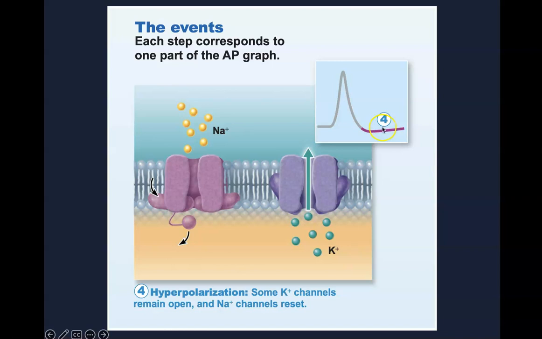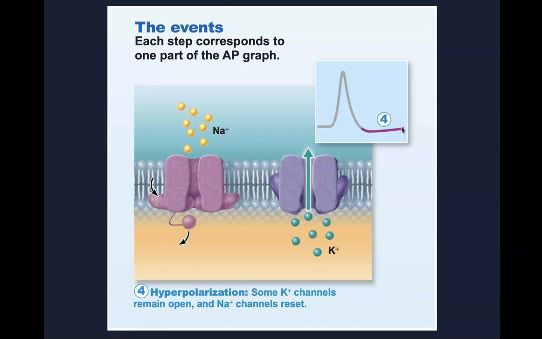Then we have this fourth event, okay? What happens in this fourth event is that actually a little bit too much potassium leaves. And this is actually a good thing because it's going to cause a slight refractory period where it'll take a hyperstimulus to stimulate another action potential here. That's because some of those potassium channels are just going to remain open and allow excess potassium out. It'll let so much out that our membrane potential will drop below negative 70 millivolts, okay? Up until these potassium channels finally close,